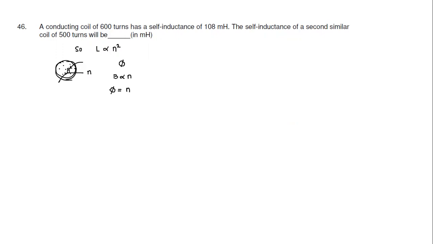So when we calculate total flux, the flux will equal B into area. And here the number of loops also, we take n into B into area. Since B is proportional to n, the flux becomes proportional to square of n. If area remains the same and number of turns are n times, that becomes my flux. So n is because the number of turns have become more, and B also becomes n times more. So flux is proportional to n square. Hence self-induction also is proportional to n square. So it is based on that. So L2 by L1 will be equal to N2 square by N1 square.